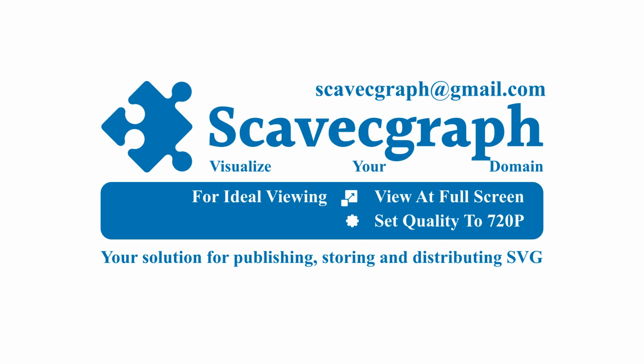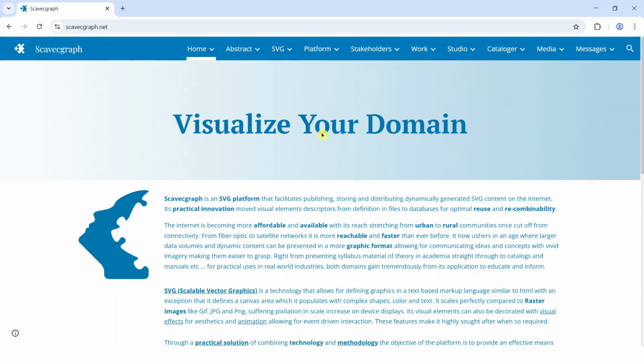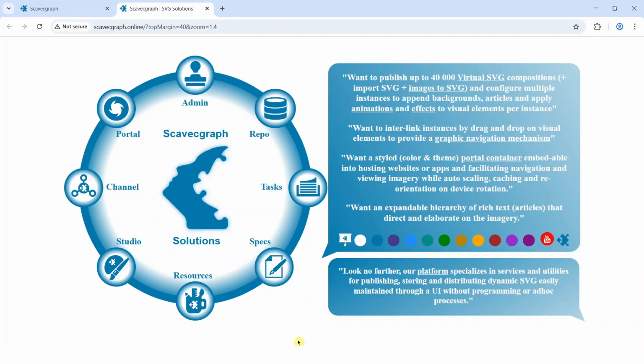Welcome to the Scavecgraph platform, your solution to publishing, storing and distributing SVG to devices connected to the Internet. Want to publish up to 40,000 virtual SVG compositions, import SVG, convert images to SVG, and configure multiple instances to